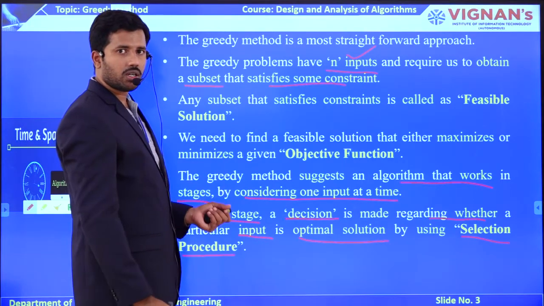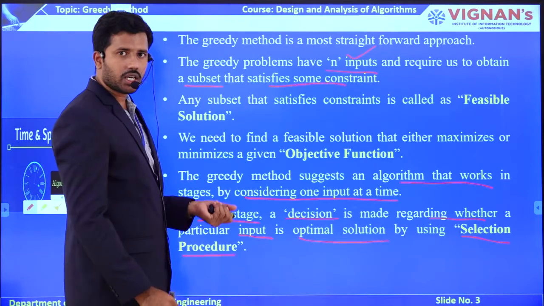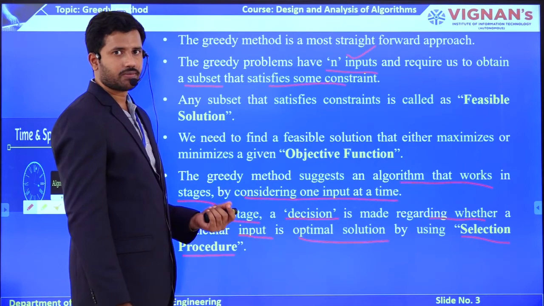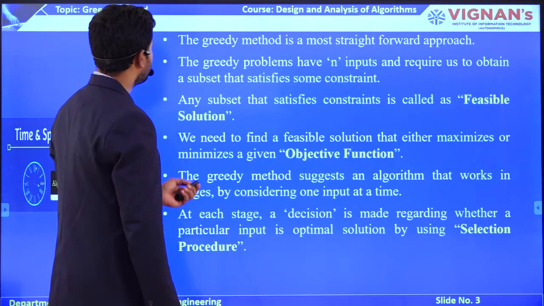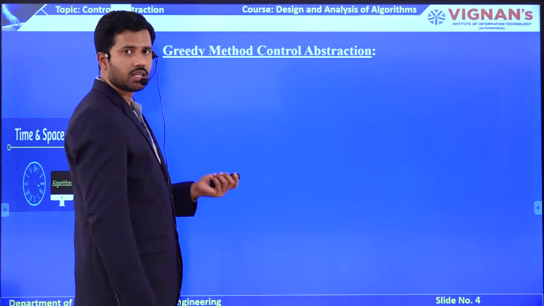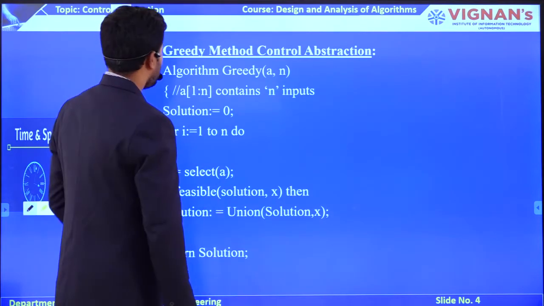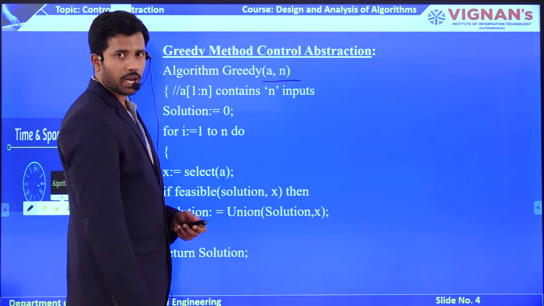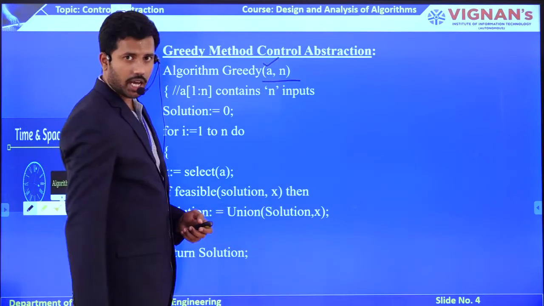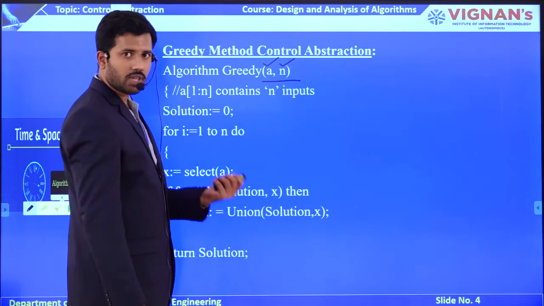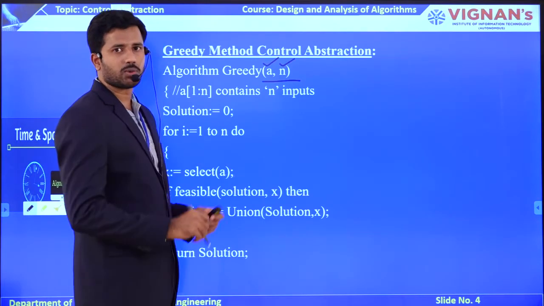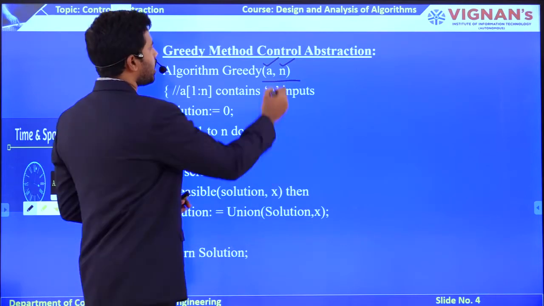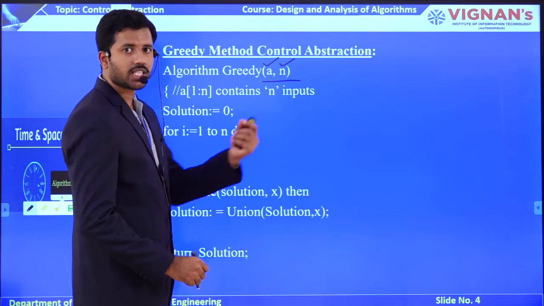Now we try to focus on how to convert this definition into an algorithmic point of view, nothing but the greedy method control abstraction. Now we observe how the greedy technique control abstraction works. This greedy technique takes how many inputs as parameters? Two inputs as parameters, right? The first parameter tells about the array and the second parameter tells the size of the array. Why do you require an array? To store a number of possibilities, as per the definition of the greedy technique. To store n number of possibilities, here I am taking a data structure named array with a size n.